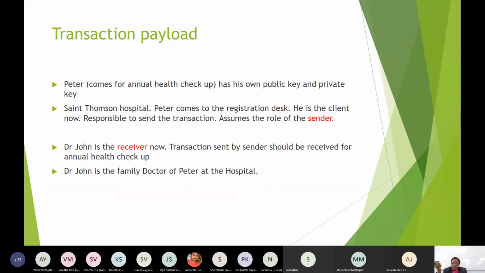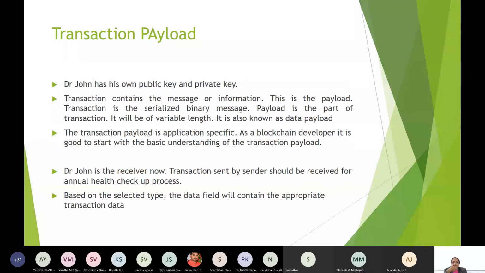Transactions sent by the sender should be received for the annual health checkup. Dr. John is the family doctor of Peter at that particular hospital. So Dr. John also is a part of this. He has his own public key and private key.